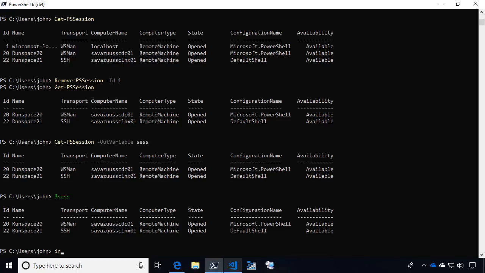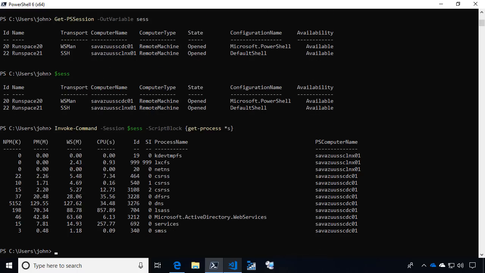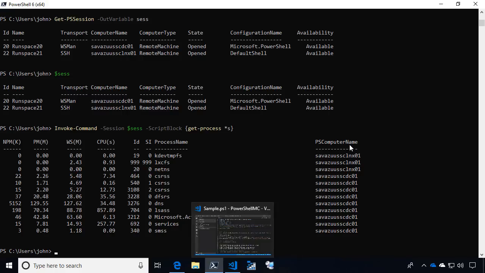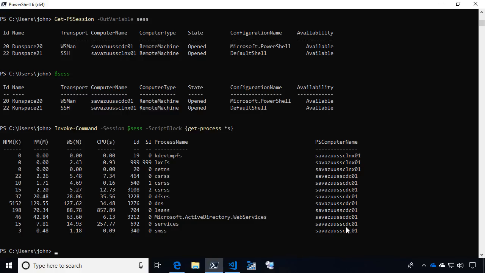So now I'm going to invoke a command against them. I could do -Session $sesh, but I don't have to do that. I could just do $sesh. I'm doing my script block. I don't have to do that either. I could just do squiggly brackets. Get any process ending in S. And this is combining them. I just ran a command against two boxes, Windows and Linux, a mixture of WSMan and SSH,